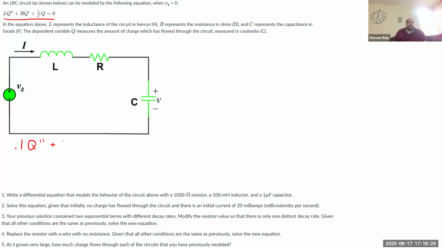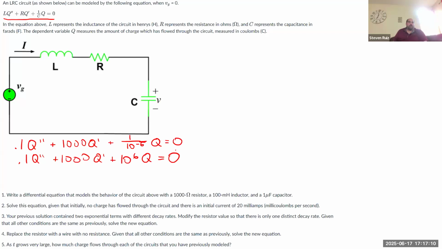So what's our resistance? R is 1,000, so plus 1,000 Q prime, plus 1 over C. C is a microfarad, so plus 1 over 10 to the negative 6, since micro is a millionth, times Q equals 0. We can clean things up a little bit: 0.1 times Q double prime plus 1,000 Q prime plus, I'll just keep it as 10 to the 6, but it's effectively a million,